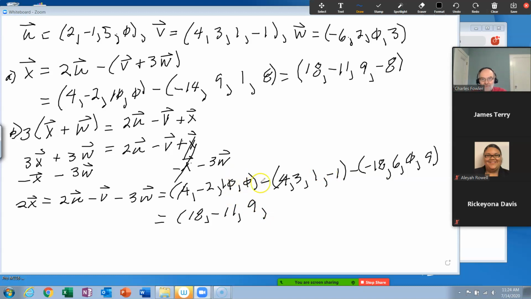Then we have a 0 here, minus a minus 1, that gets us a plus 1, minus 9 would give us a minus 8, right? All right, and that's what 2x is, so let me go and write that down, 2x. We want to know what x is, so what do we do? Divide every component in there by 2. So that would give us